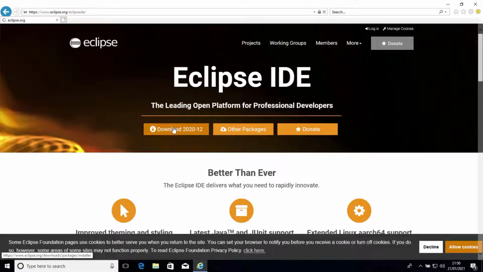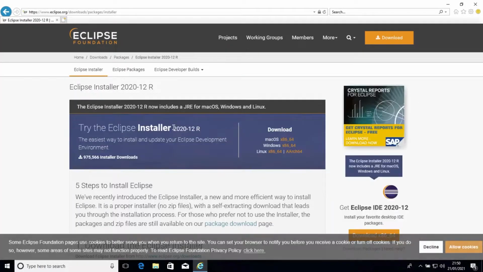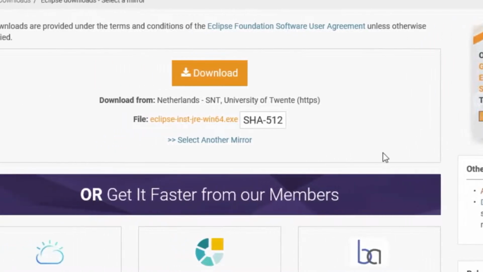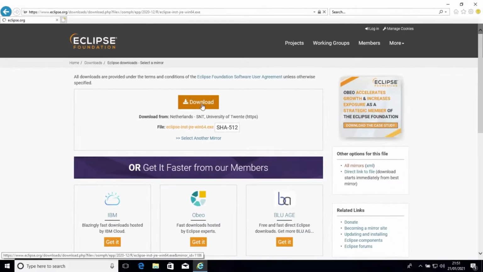So just hit the download button here. And again, you've got a choice of which operating system you're going to use. We're on 64-bit Windows. So here we can see this x86_64, which means it's compatible, by the way, with both 32-bit and 64-bit versions of Windows. That's fine. Click that. And then we'll just hit download.